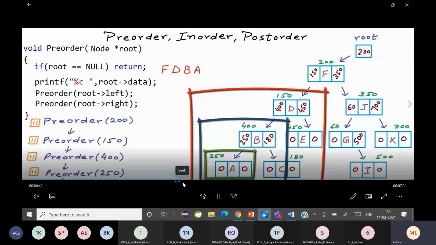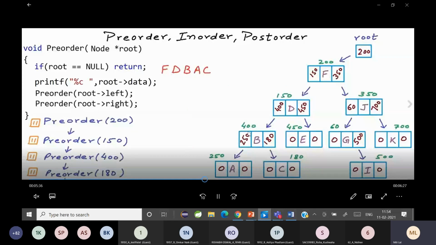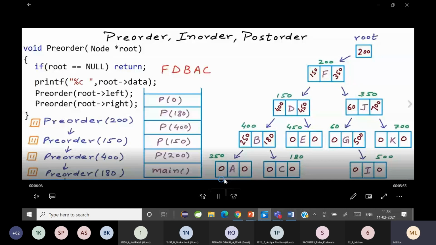Yes, this is how it works recursively. Once that part is done, only then will you visit the right. Once 250's left is done, then it goes to 400's right. And once that is done, you go to the part above. So it goes recursively: 200 first, then 150, then 400. After 400 comes 250, and after 250 comes 180.